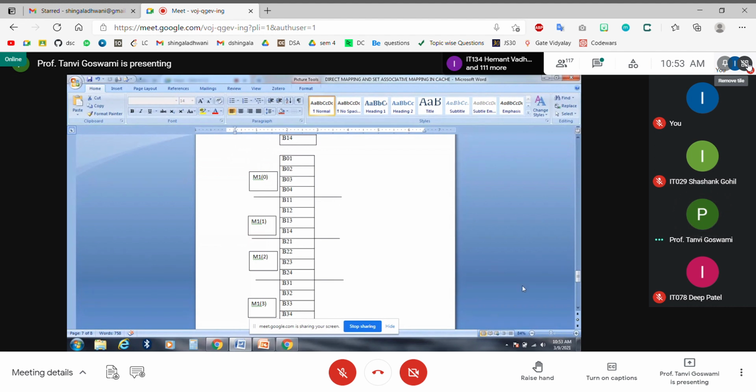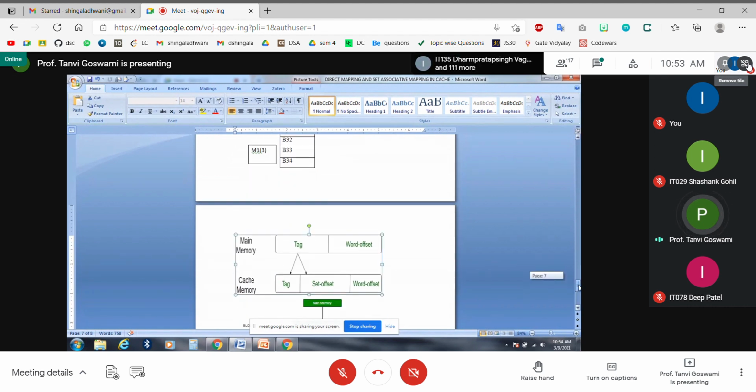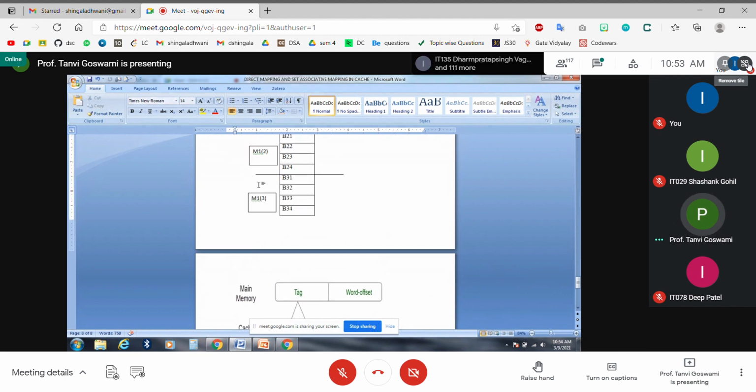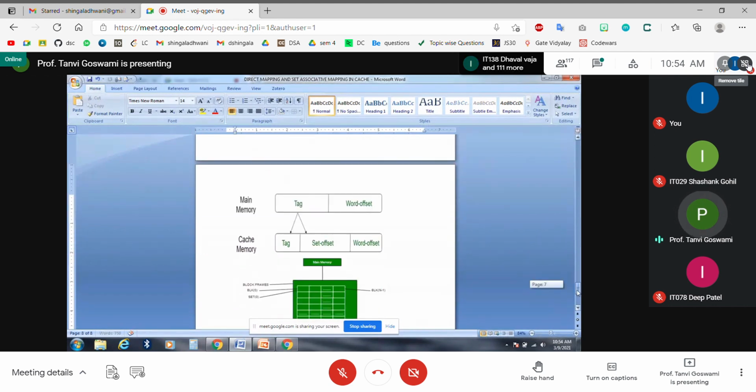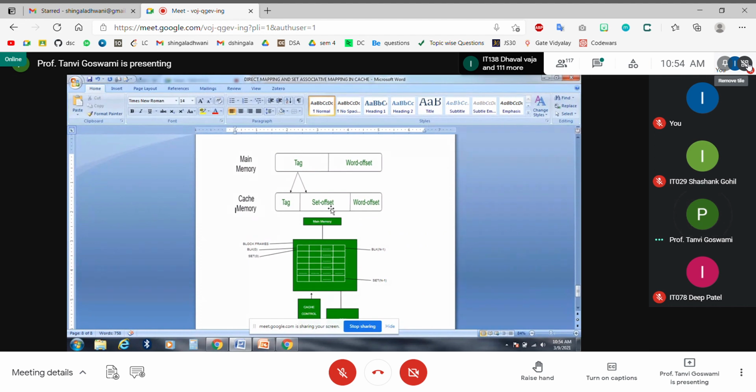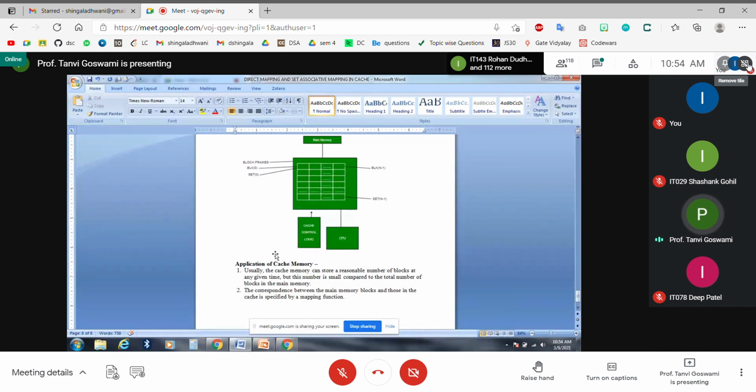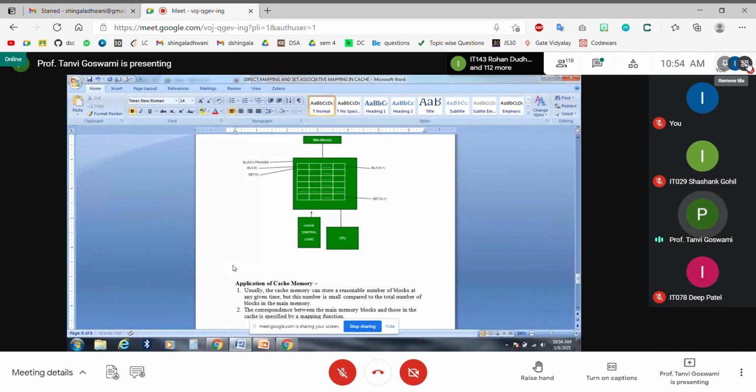How can we define set associative mapping? Again, in set associative mapping, the address field consists of tag, set address, and word offset. This is always needed, because we need to identify that a particular byte belongs to a particular set in a particular block. So the address convention will remain the same; the only difference is the way we keep data inside the cache memory. One is called direct map, and the second one is called set associative map.